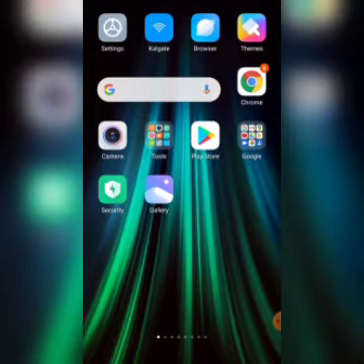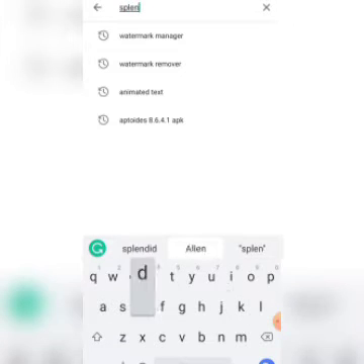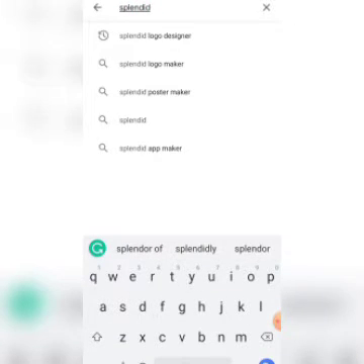So today we'll continue on our logo designs like we began last week. As we can see, I believe by now we would have all downloaded our Splendid 2020 logo maker. So you just navigate to where you have it, but if you have not, you simply click on your Play Store, then you search for Splendid logo maker,